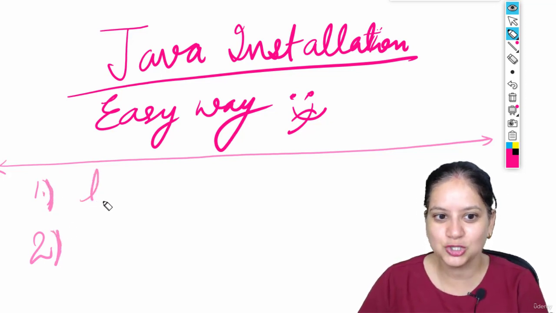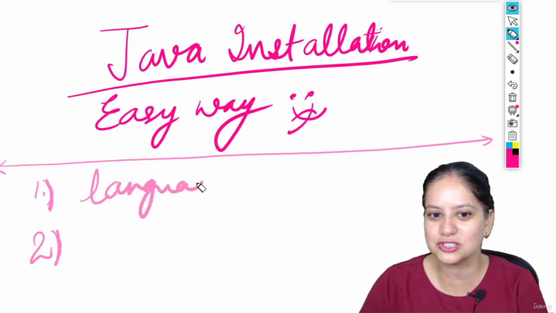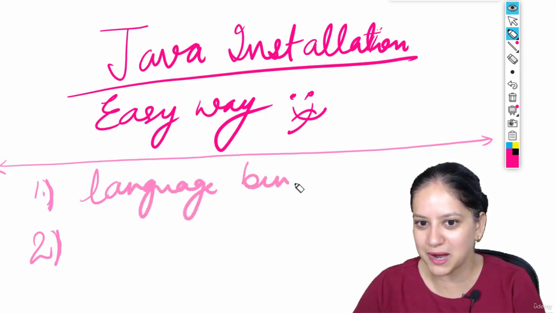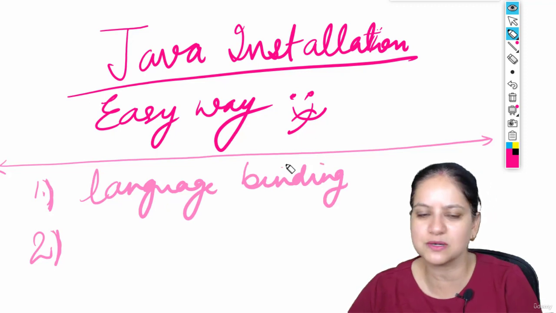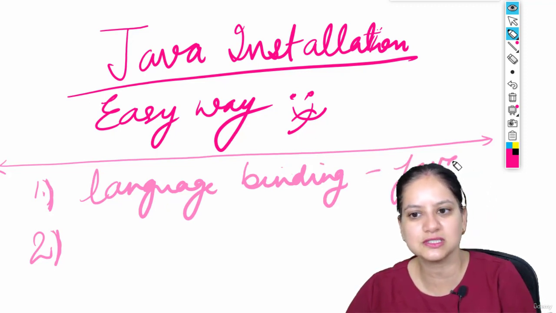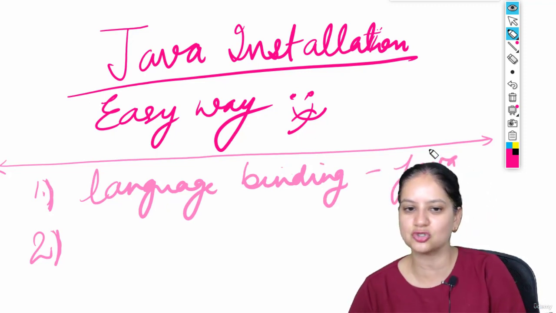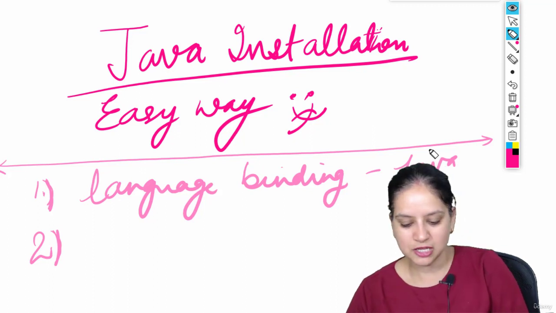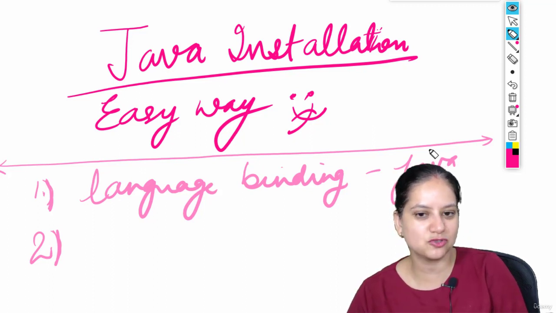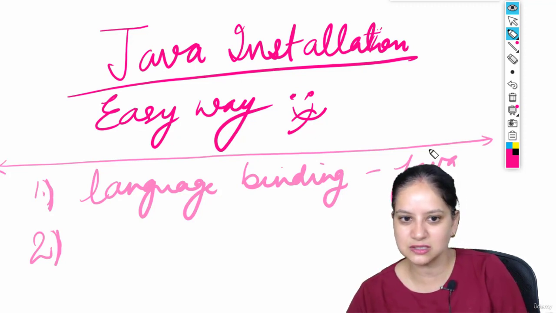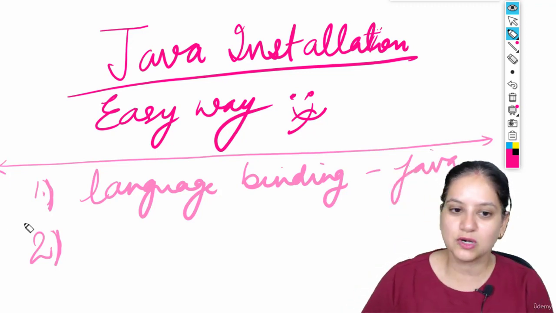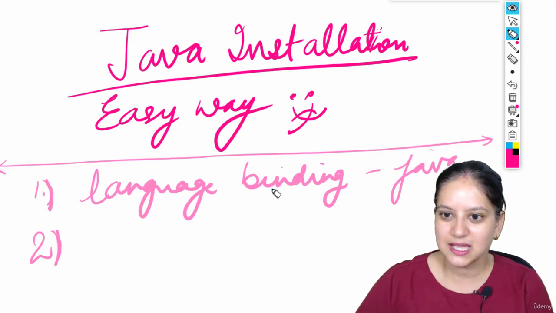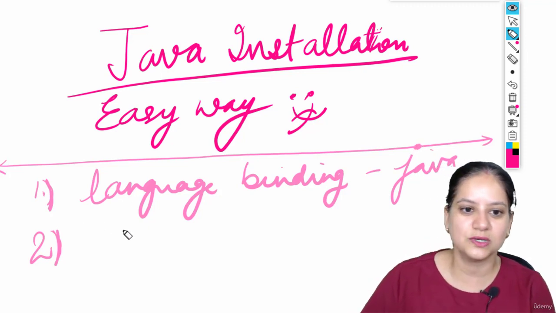Point number one, you need that language to be installed. Those language bindings are required. So that means if I want to learn Java, I have to install Java. Simple, right? We are going to understand the tutorials in a very simple way. If I have to install Python, what will I do? I'll install Python. If I need C, what am I going to do? Install C. Straightforward, isn't it? So first thing I need is the language bindings, and the second thing that I need over here is